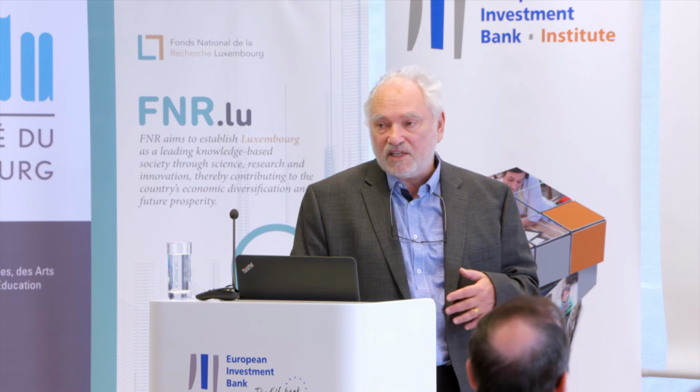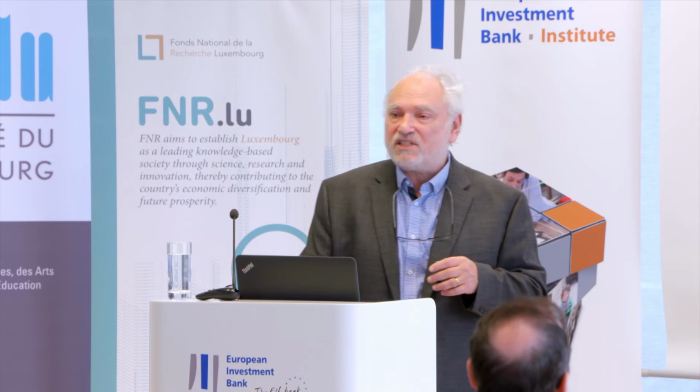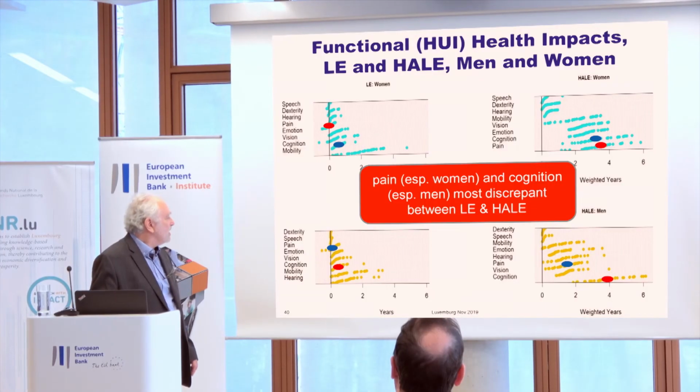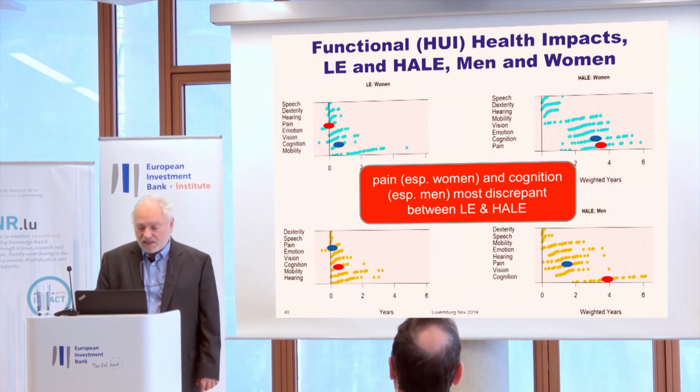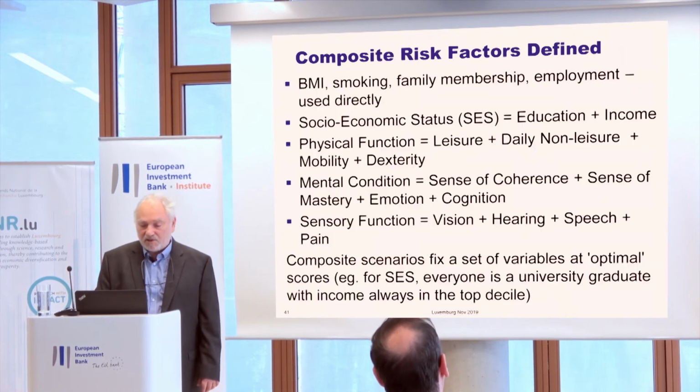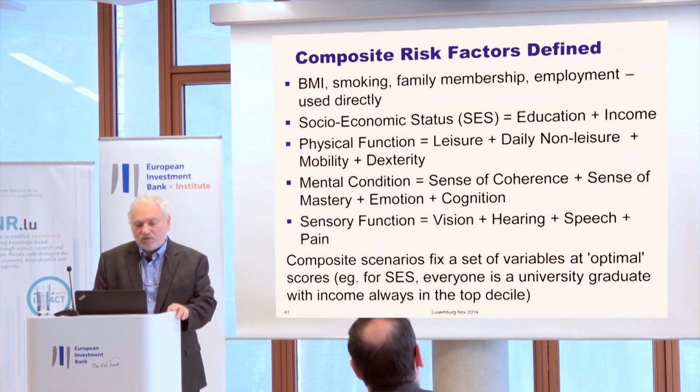So it's far more important if we include measures of health status among the living in our health measures. This has been one of my objectives at Statistics Canada. I wish the rest of the world would do more. To say, come on, we've got to get beyond just tabulating causes of death. That was far in the UK, 250 years ago. And similarly, pain for women and cognition for men are the most discrepant between life expectancy and health-adjusted life expectancy.